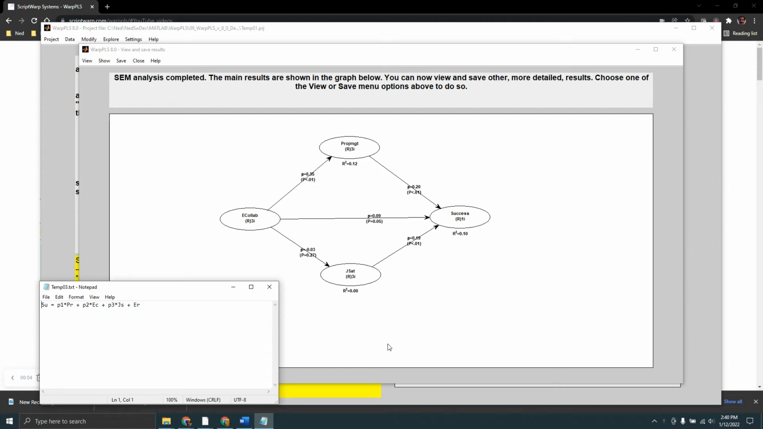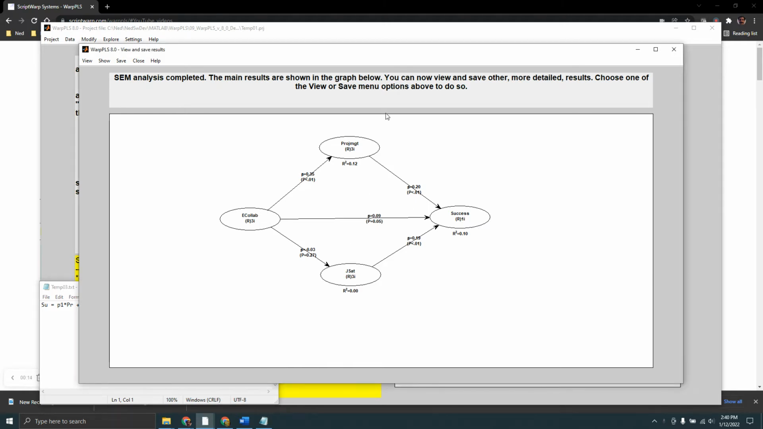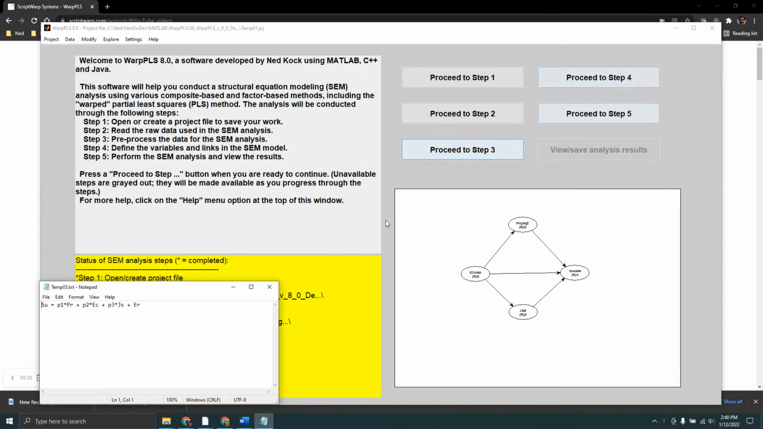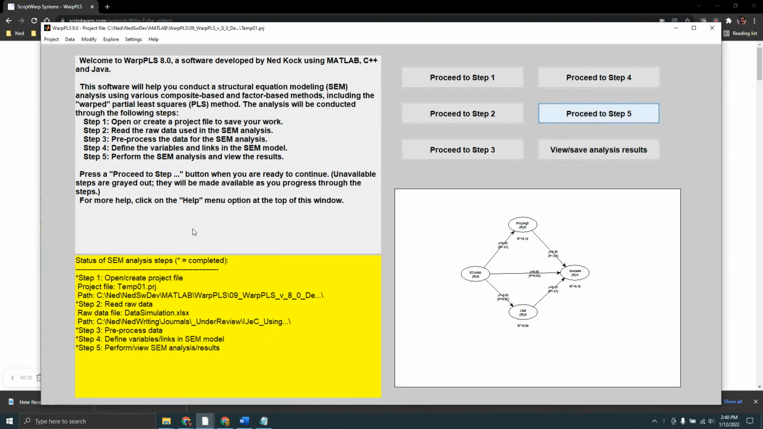Okay, so here I have a model with one main endogenous variable. These are endogenous too because they have one variable pointing at them, but this is the main endogenous variable that I have in the model. Now, I can see, and there are several indicators as well. So I can see,